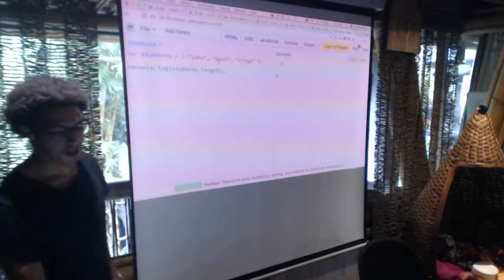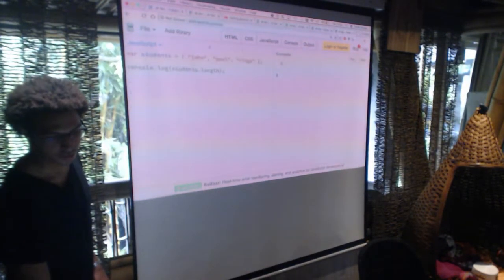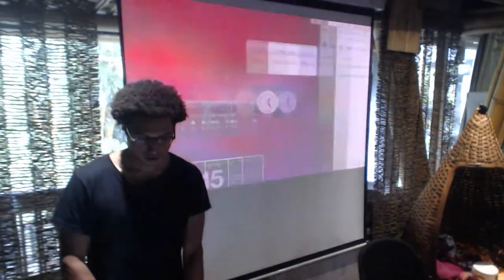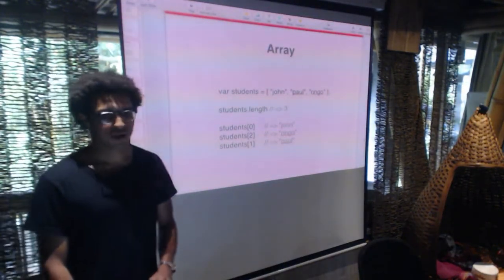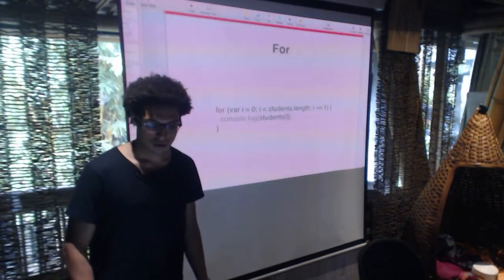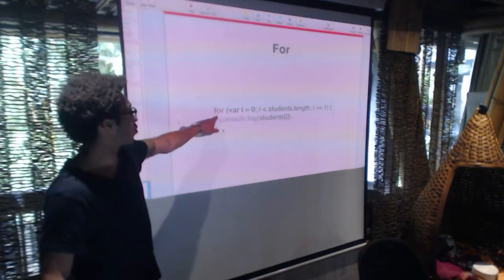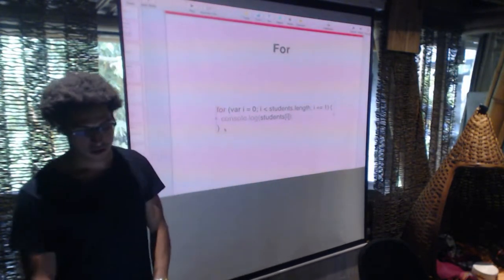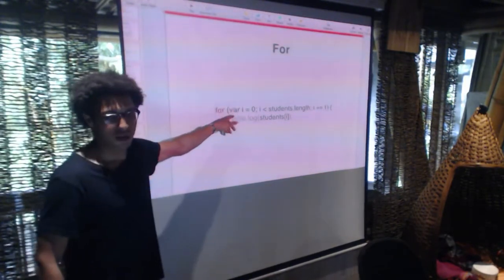So instead of declaring independent variables, now we're going to store our values inside a list. How can we make sure that for each name we don't have to write another if statement? We can use the for loop. So the for loop basically always begins like this. It's a keyword for. Then we have an init condition. The init condition is saying, okay, I'm starting my loop. For variable i, which I can also name strawberry or volcano,